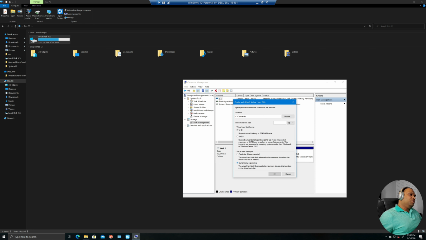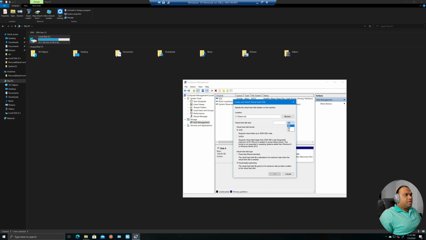But I will choose dynamically expanding because it will create the hard disk, which will give the illusion to the operating system that it's an X terabyte hard disk, but it will actually take very little space, and the system will allocate the space based on the usage. As we keep using it, the operating system will give it more and more space up to the